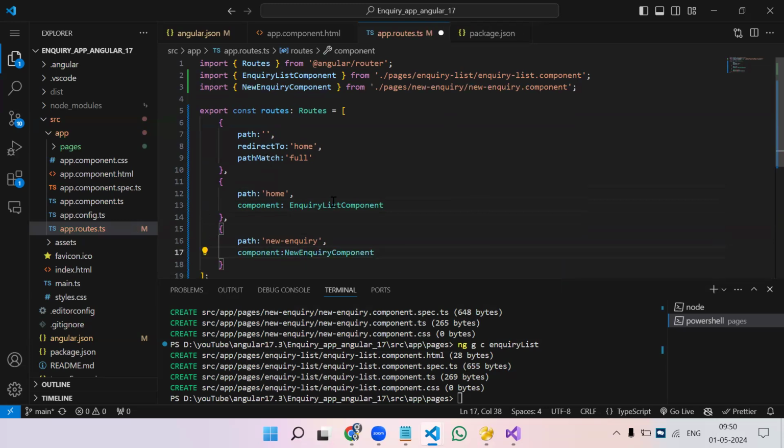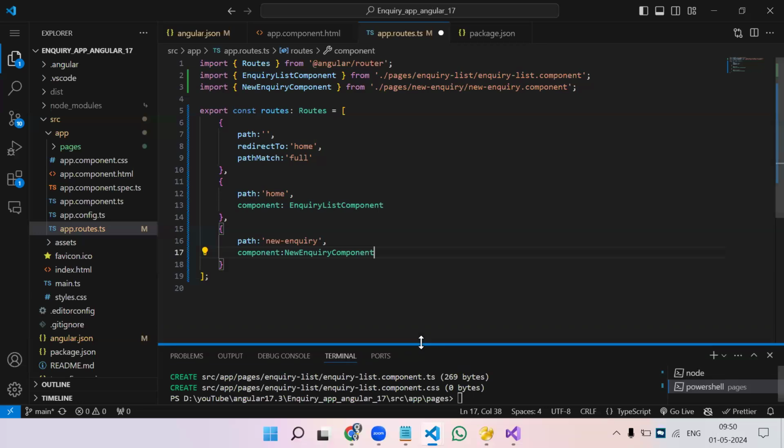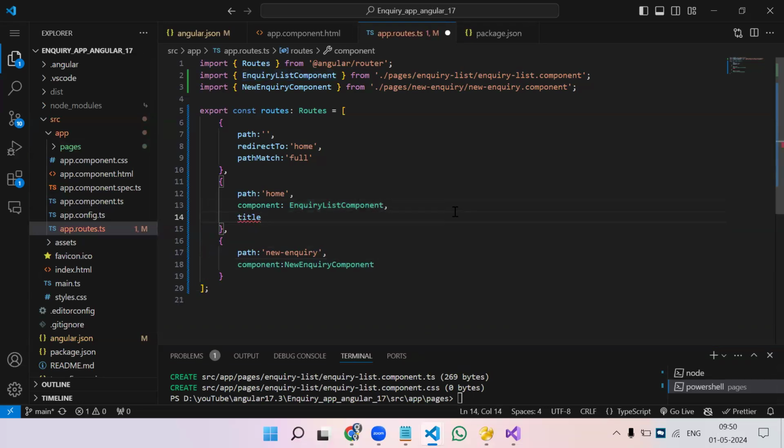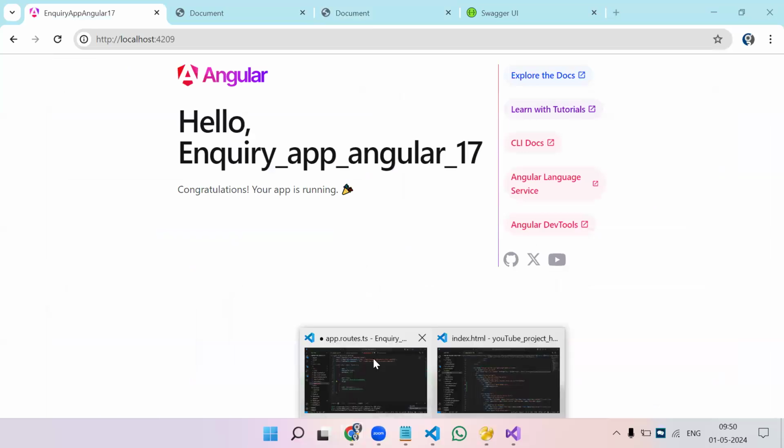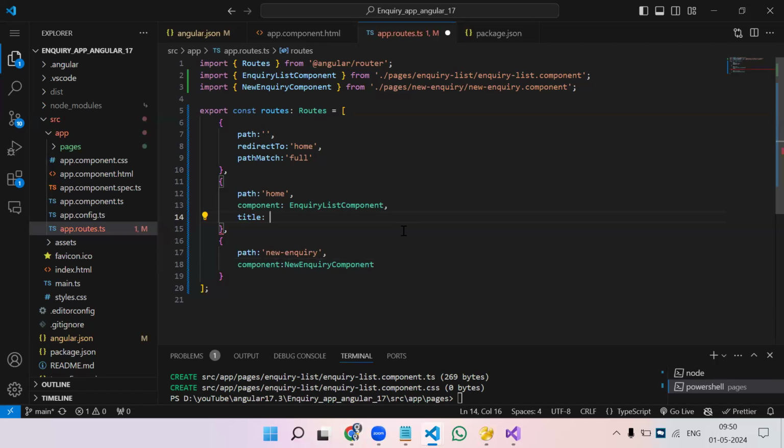New inquiry. Now in Angular 17, in the route object, we have something that is title. This is kind of an interview question. This title means the tab name. Whatever you can see here, the document is there, and Angular app 17 is coming. This is nothing but the tab title. So how do we set the tab title in Angular 17? While creating routes only, you can specify. So this will be inquiry